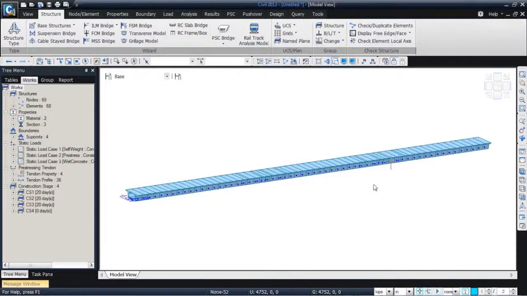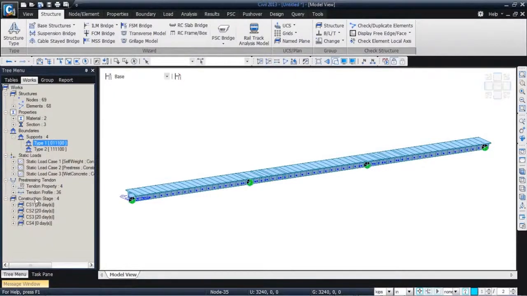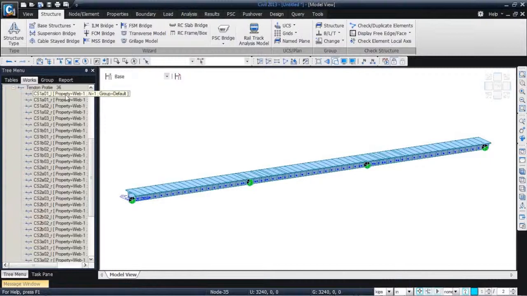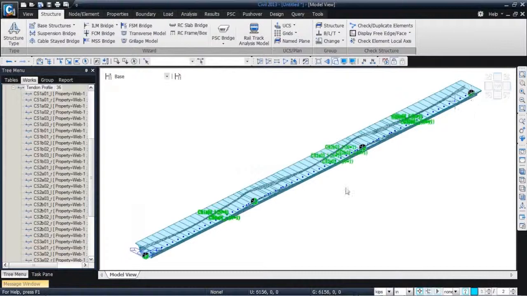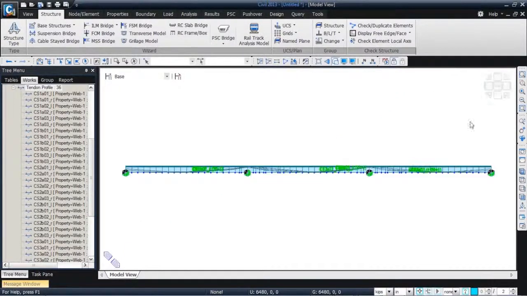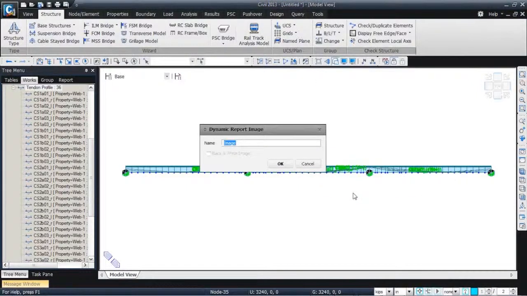you can see the bridge is created right here, and in the works tab you can see all the supports have been defined. So I'll just display the supports. I'll display all the tendon profiles here. So you can see the tendon profiles. You go to the top view, the side view, and I can go to the front view, and I can make image files from here. So I can right click, say let this be my tendon layout